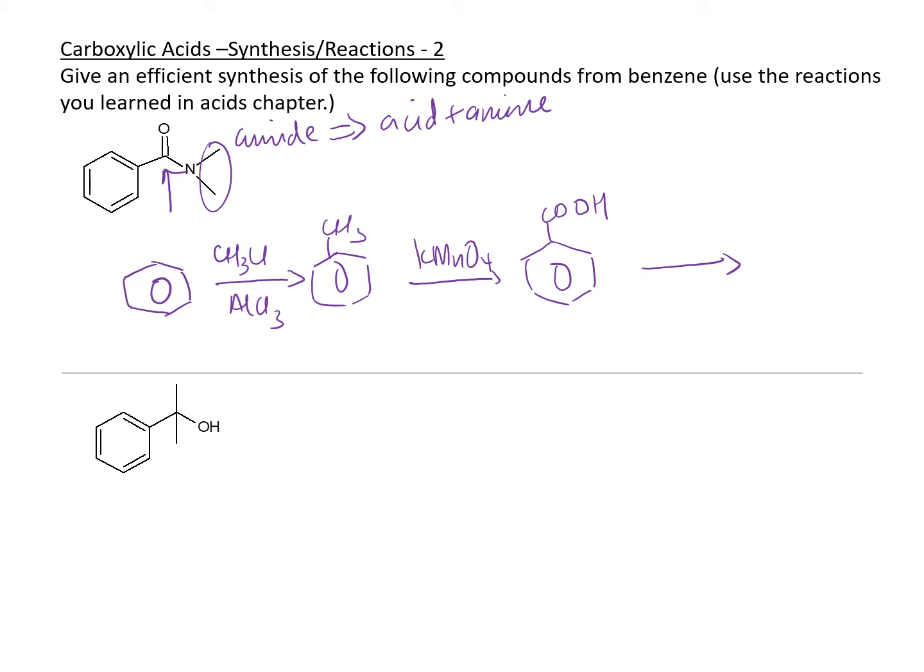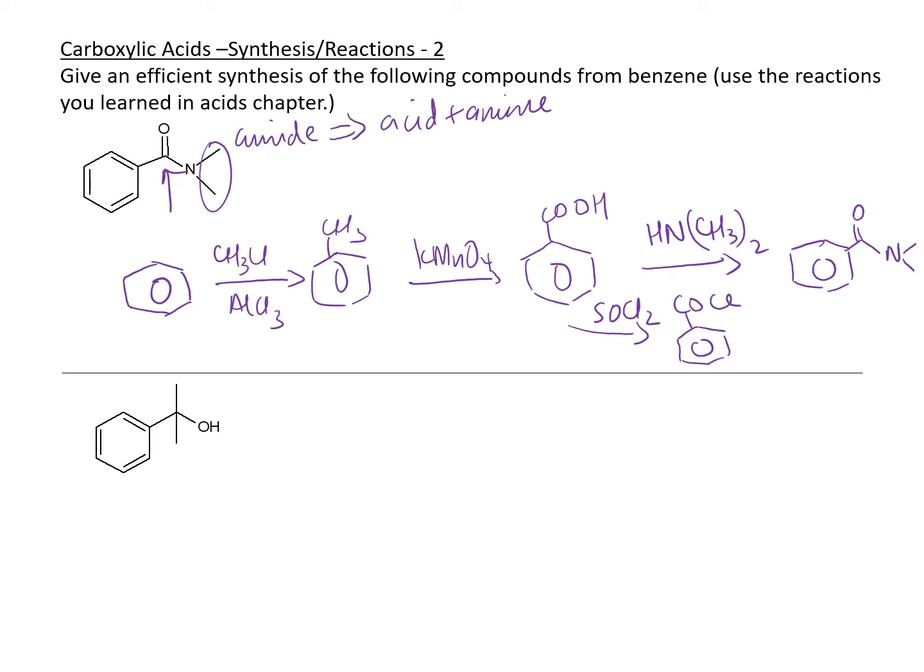Now, if you want to be more efficient in your synthesis, reacting a carboxylic acid with an amine is not really a bad deal. Let me do that first, and then we'll talk about efficiency. That will give you your product. That's not a problem at all. But usually you would find in textbooks, and even otherwise, that the better way to do this reaction is to convert this into an acyl chloride, which means COCl. Once you have the acyl chloride,